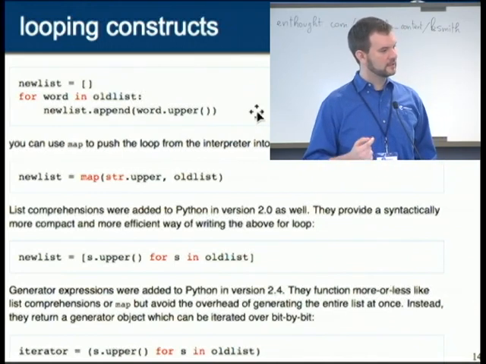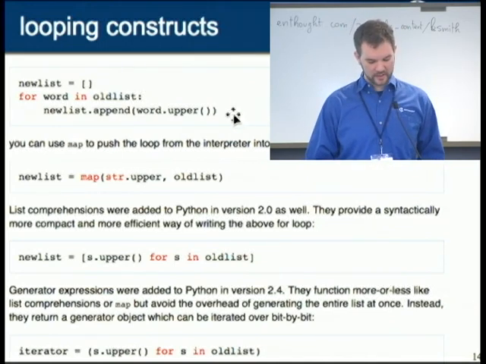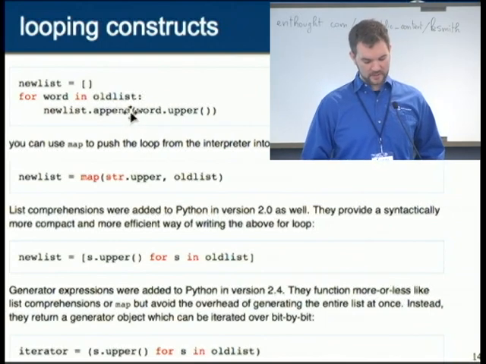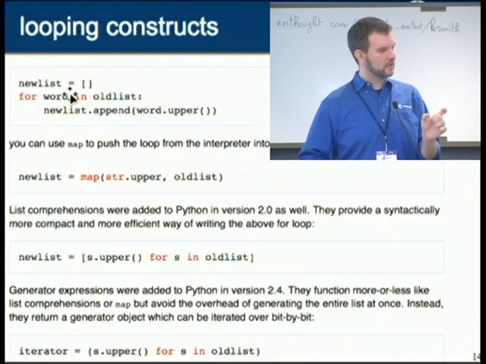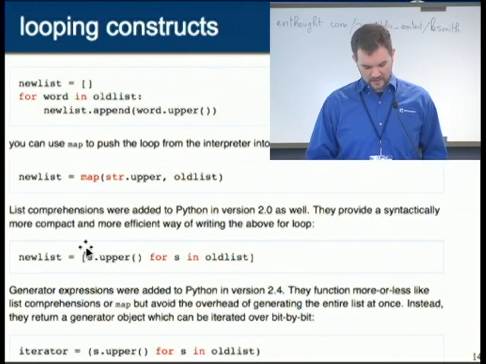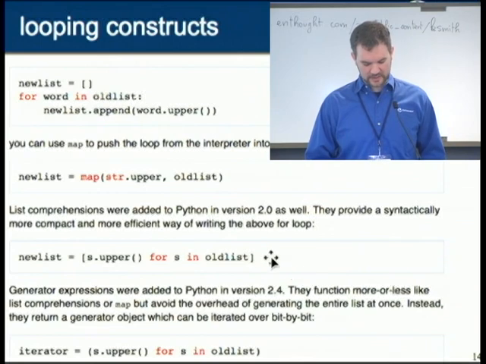It has to go line by line, one by one. Once it's done with the body of this loop once, it goes back to the top, basically iterates through this list to the next element, sets word to that element, goes through, right? In the list comprehension, what's going on is it's able to,